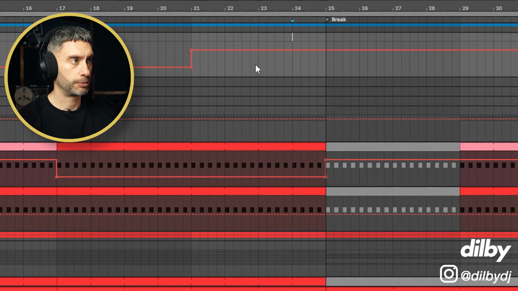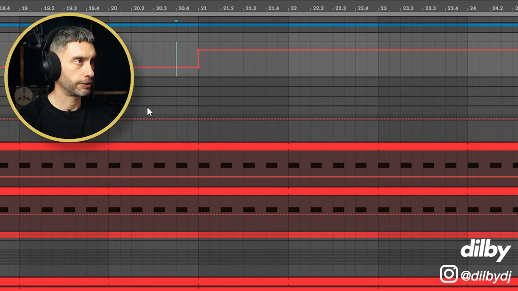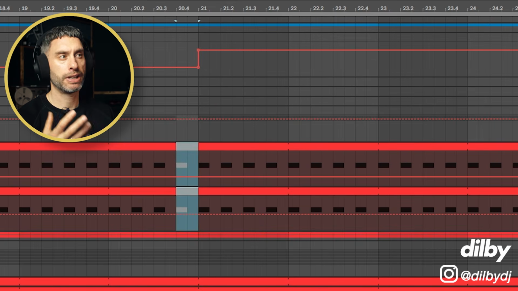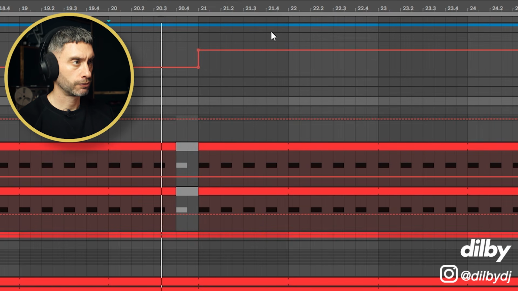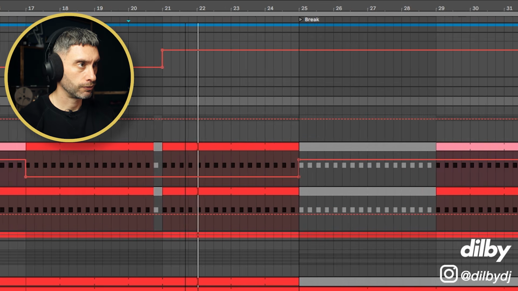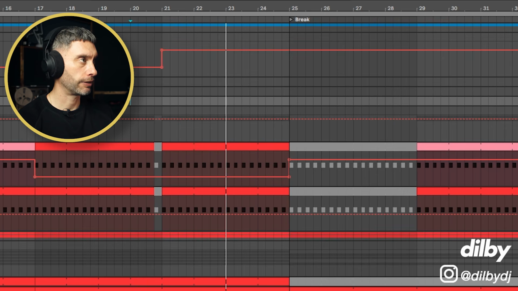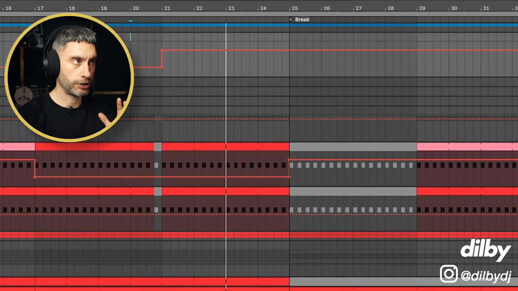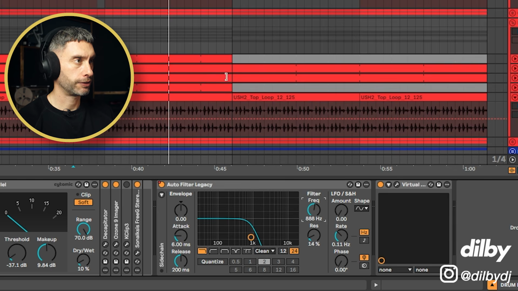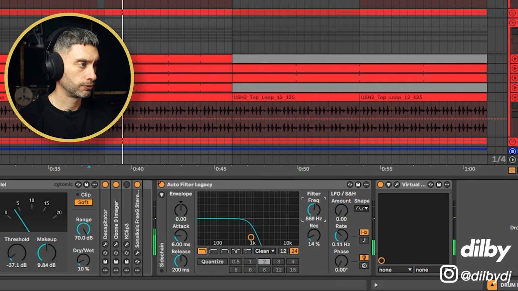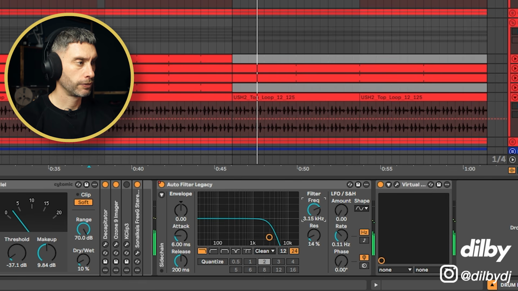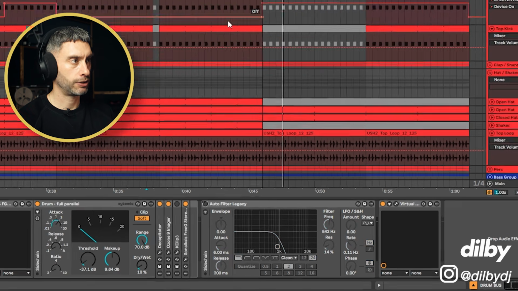Now I want to have a bit of a transition into this part here where the autofilter comes on. It could work like that, but I like to just let the listener know something's about to happen. Right, we're preparing the listener for this break now by taking out those highs. It's creating more dynamics, more differentiation between these sections. We can adjust this cutoff frequency. So you can hear how that kind of softens that transition. If I turn that off again,